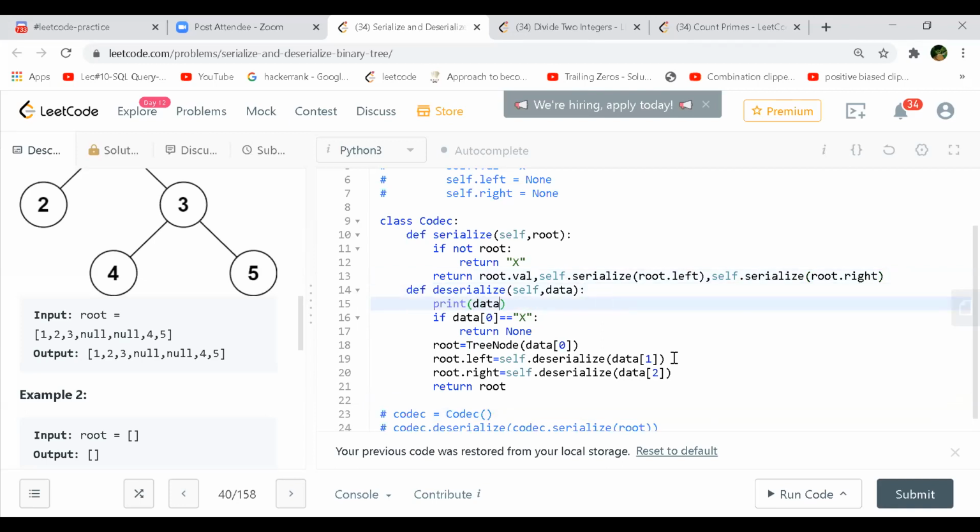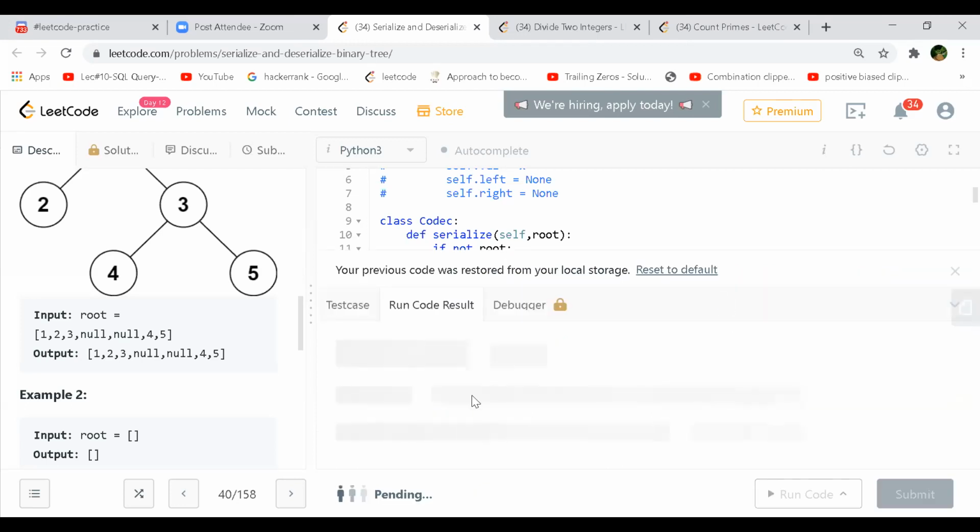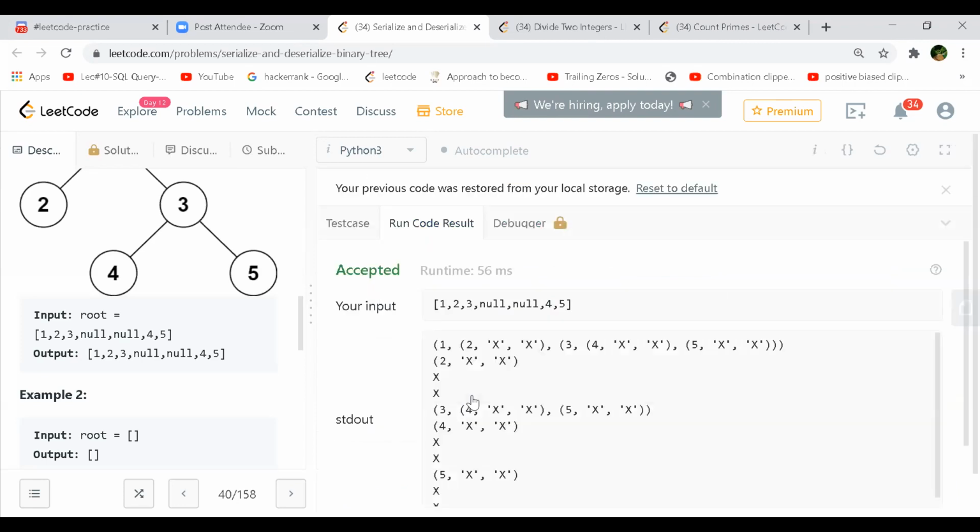So how will it recognize whether it is 12 or 2, something like that, right? Okay, this is the way it is doing.